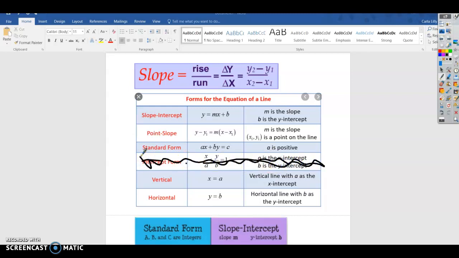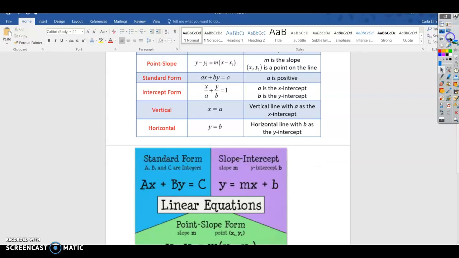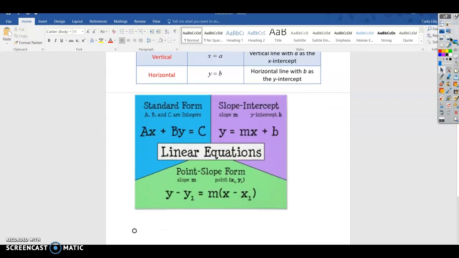All right, so just be aware when you have different equations. Standard form, you've got a, b, and c are just integers. They're just numbers. x and y are your variables. Slope-intercept, you've got your m, which is your slope. Your b is your y-intercept. With point slope form, you've got m is still your slope and your point x and y. And remember, a linear equation